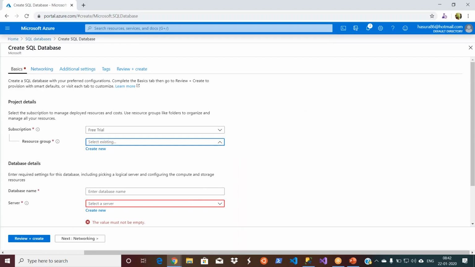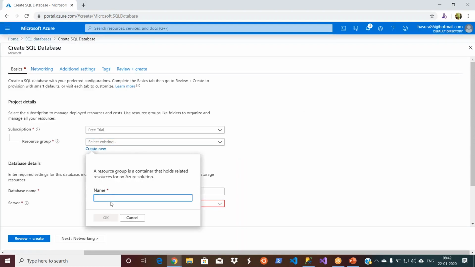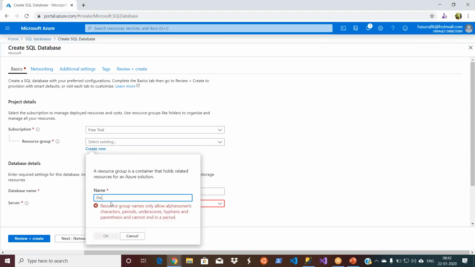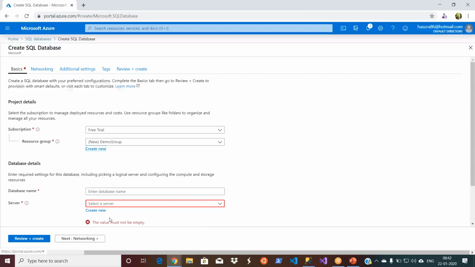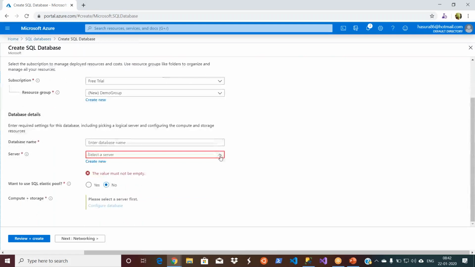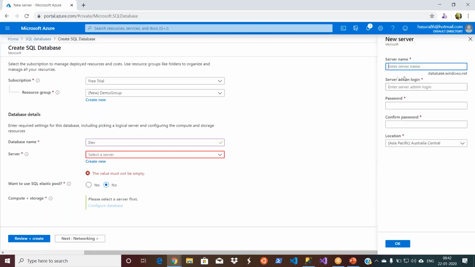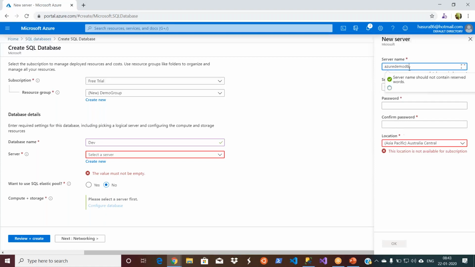I don't have anything, this is a very fresh account. Let's create a resource group. I'll name it demo group. And then I'll give the database name as dev. For the server, I don't have any server, so let's create a new one. I have to give some name, Azure demo DB.